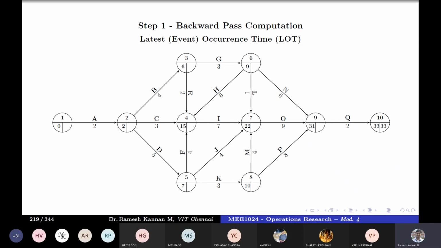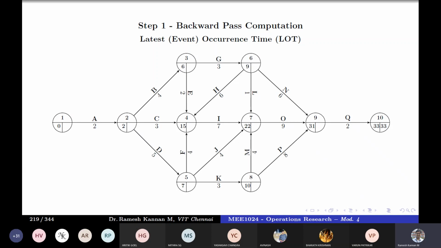In a forward pass, remember, we'll be adding the durations. In a backward pass, we'll be subtracting the duration. So many students make a mistake in the backward pass only, because it is kind of unconventional to calculate from right to left. Left to right, we are pretty much comfortable, but right to left is a little bit difficult unless people practice right to left calculations, like Vedic mathematics or Urdu or Arabic. If you don't have any practice on reading right to left, then it will be very difficult.